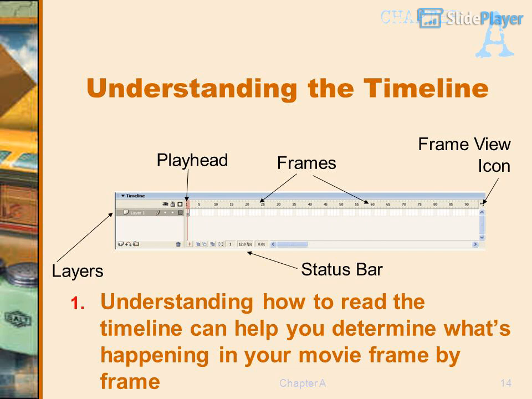Understanding the timeline. Frame view icon. Playhead. Frames. Layers. Status bar. Understanding how to read the timeline can help you determine what's happening in your movie frame by